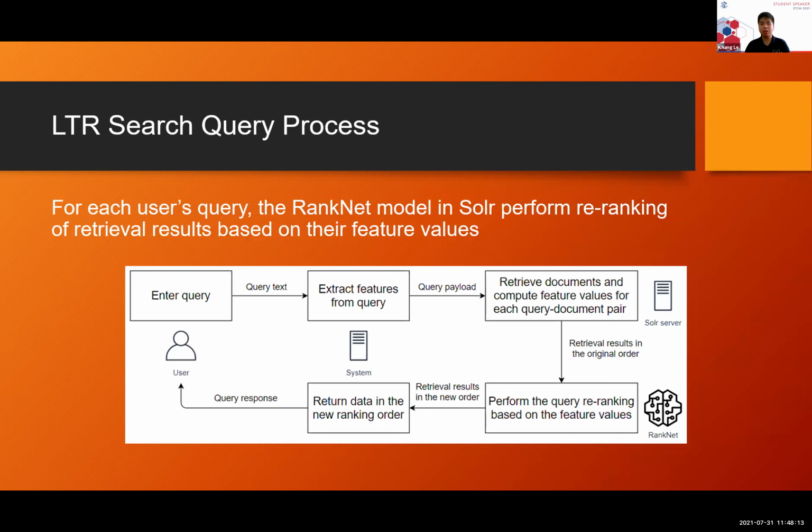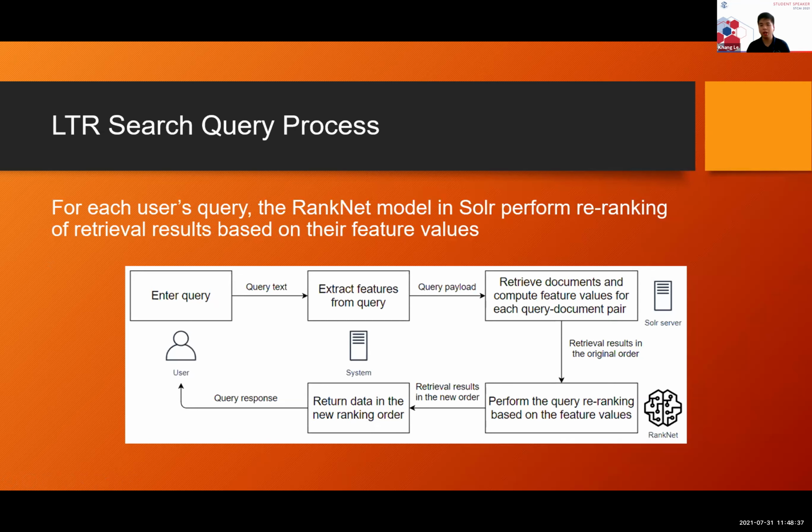So to better understand it, let me introduce to you the learning to rank search query process. In detail, when a user enters a query, our system will extract features from that query and then pass it to the search server. The search server will then retrieve documents by using a simple, let's say, similarity scoring function, and then compute feature